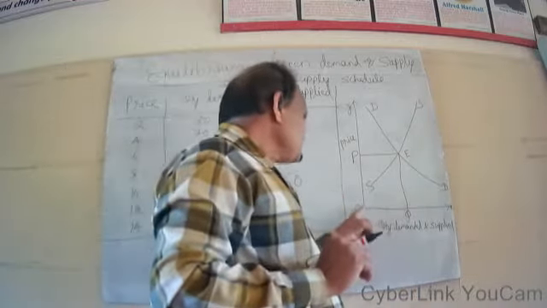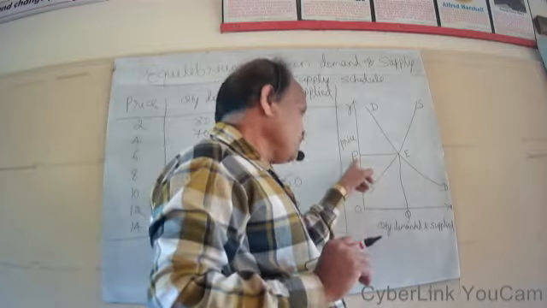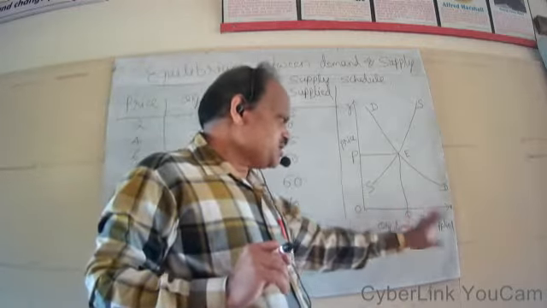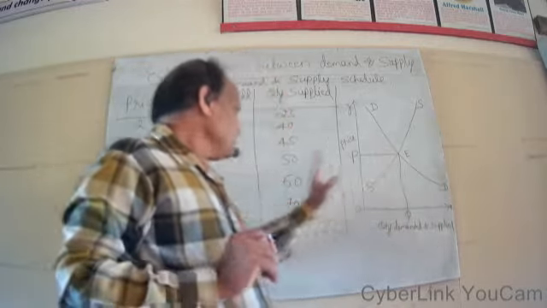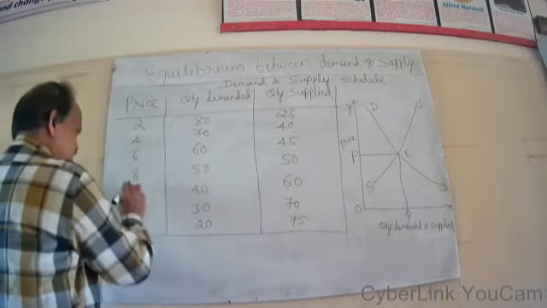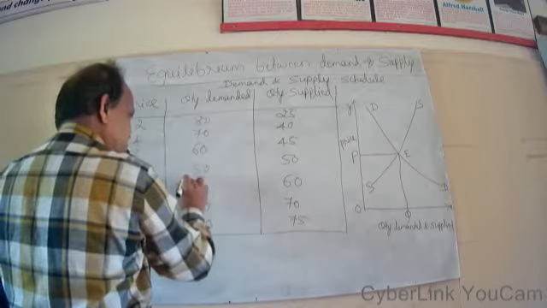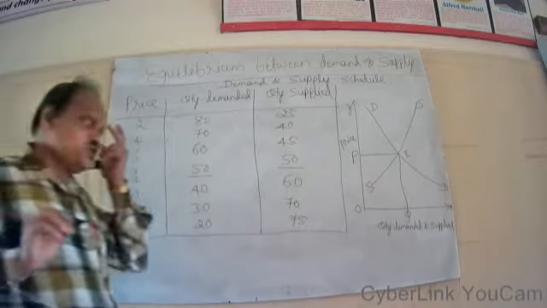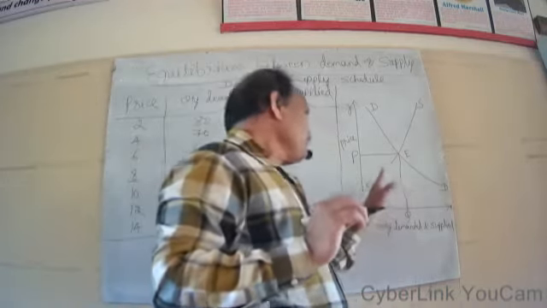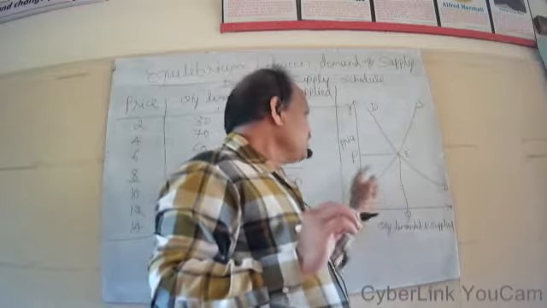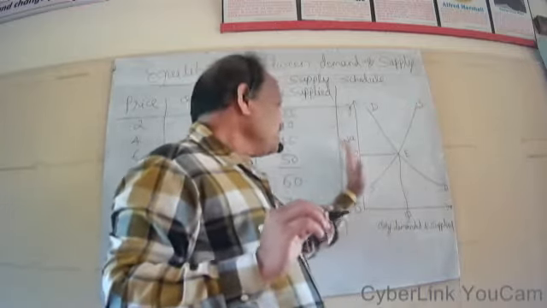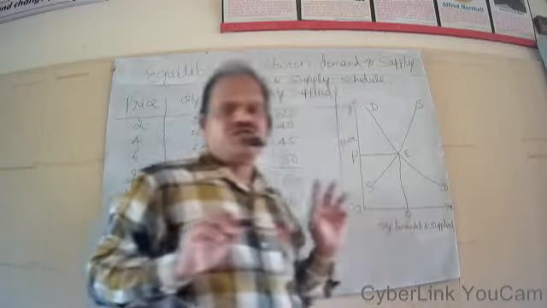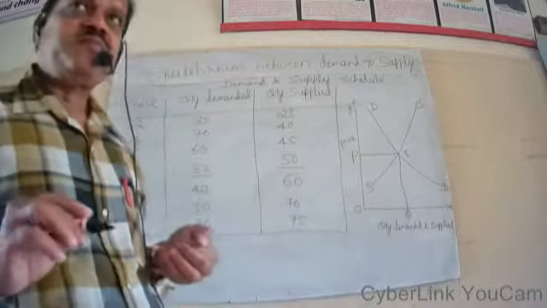Here, the equilibrium price has been determined to the extent of OP. At OP price level, the quantity demanded and quantity supplied are equal. So in this schedule also, you can find at price 8, quantity demanded is equal to 50 and quantity supplied is also 50. So this is shown in this particular diagram. Demand curve DD intersects the supply curve at point E and OP is the market equilibrium price and OQ is the equilibrium quantity demanded and quantity supplied.